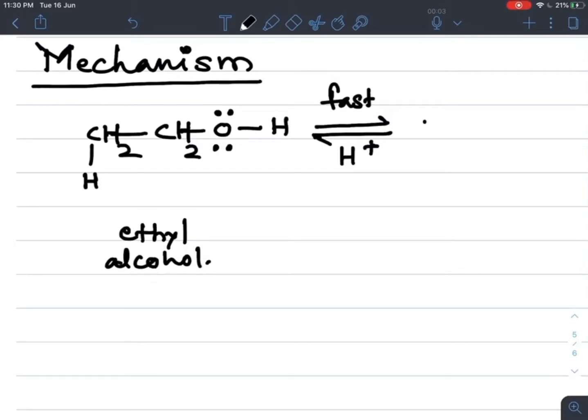So what happened? This CH3CH2, CH3 as it is here, and the oxygen is left with one lone pair of electrons. The other lone pair is used for bonding with this hydrogen, and this hydrogen is as it is. Now the protonated alcohol is formed in the first step. This is the first step, and in this first step protonated